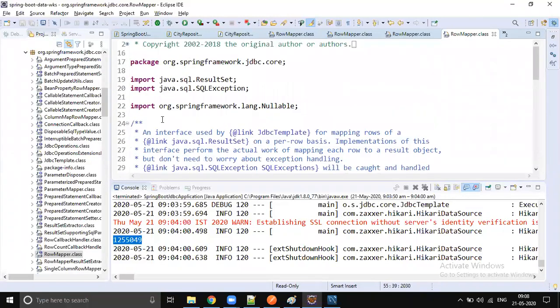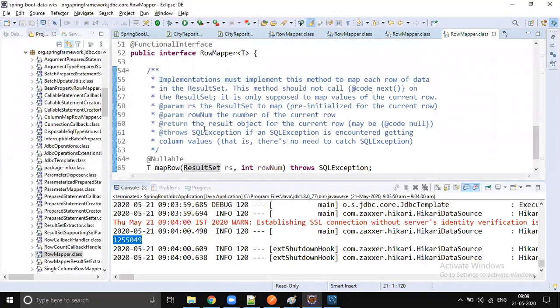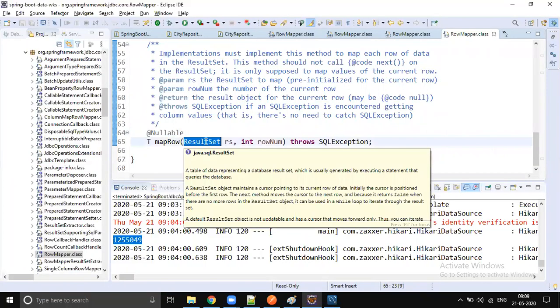This ResultSet, you can see, is java.sql.ResultSet, nothing else. So for each row in the database, the mapRow will be executed for that particular